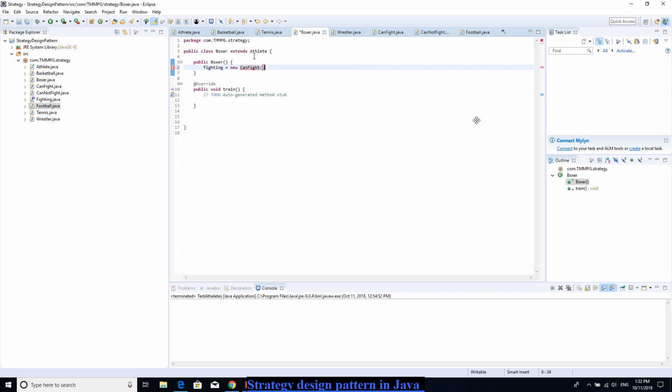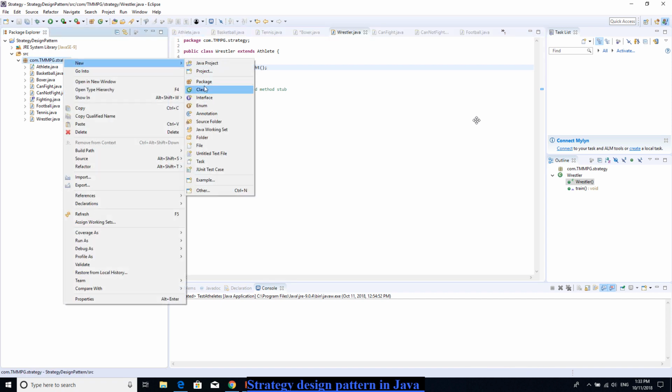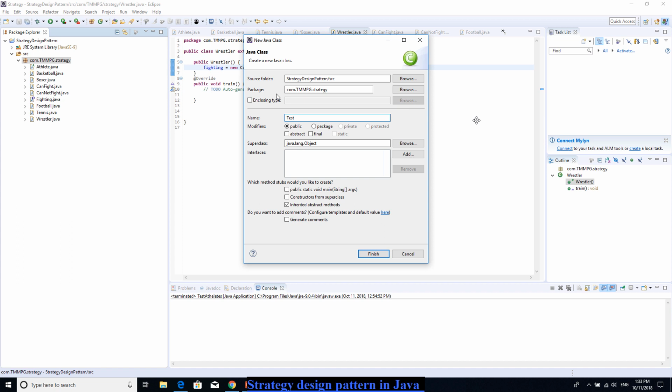So we're in the boxer and here we have fighting equal new can fight. Okay, and we are going to do this for the wrestlers because they can fight or they have this functionality as well. Now what we need to do, we'll go and create a new class which is going to be called test athletes